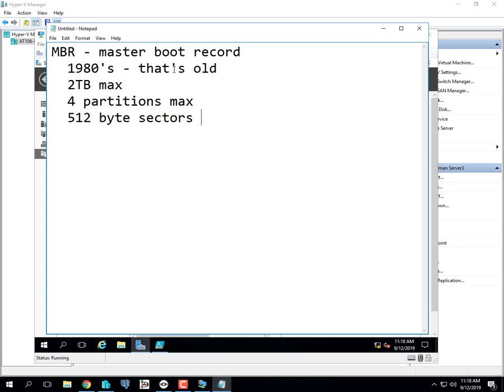Because when you get past 2 terabytes, the sector number gets so big that you don't have enough bytes in here to store numbers much bigger than that. So that's why you have the 2 terabyte limit, because you just run out of space in your little note